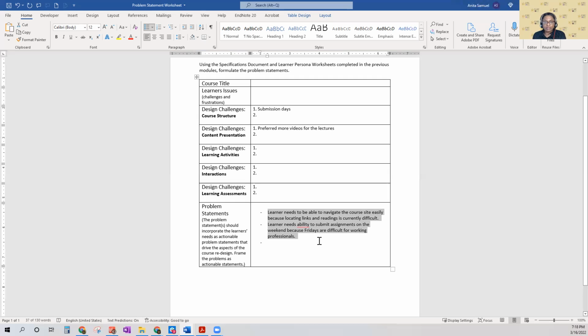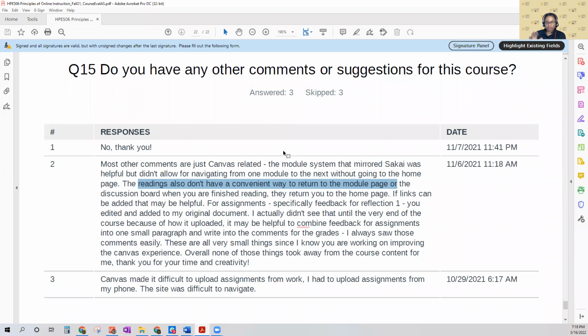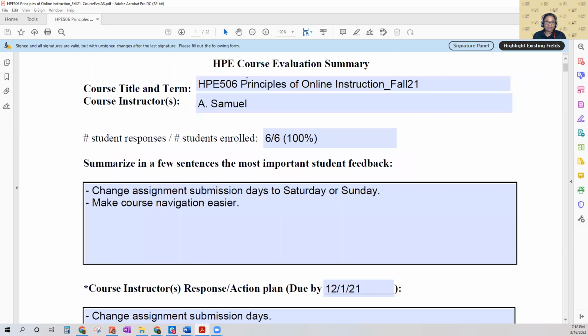Okay, now I did want to share another way that we do it at my current university. So what we do at my university is, like I was showing you, we get this student evaluation, right? And we read through it, but it doesn't stop over there. So every semester when we get this feedback, we are expected to complete something like this.